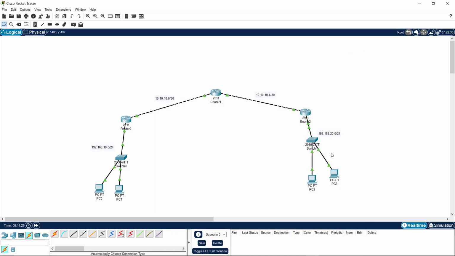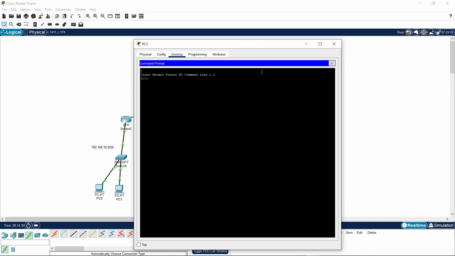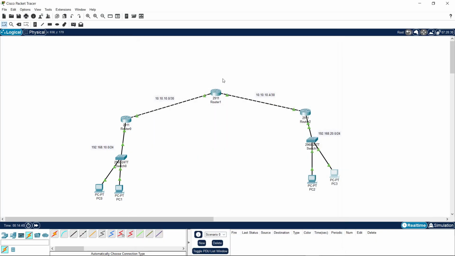And so we are done with the configuration of everything. We just go here and ping this to see if it's working. And as you can see, it's working. So now, what does routing solve? As this is a network, this here is a different network, this here is a different network, and this here is a different network. So let's say that this is Nigeria,